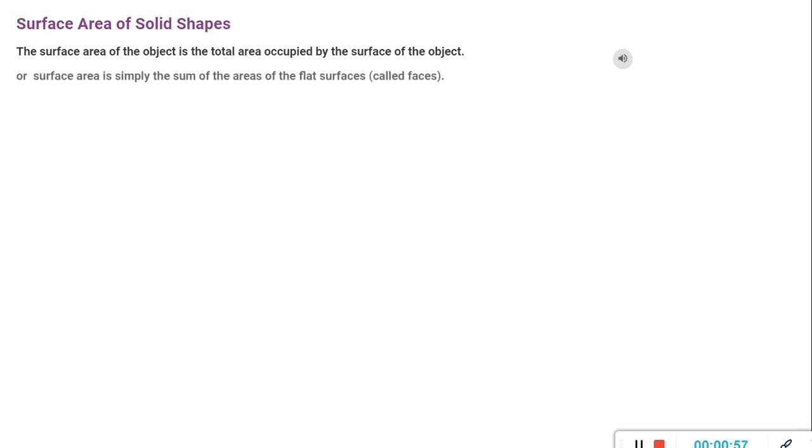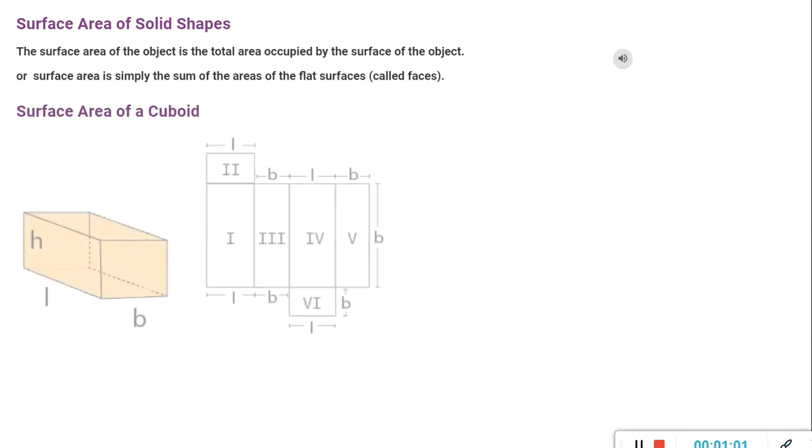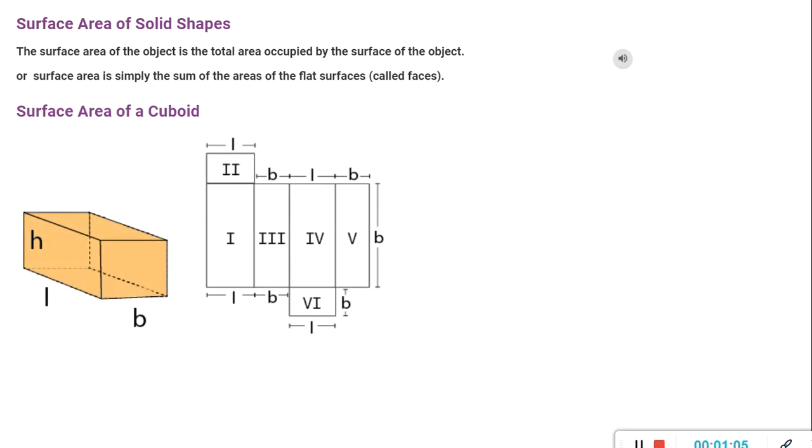First we can take a cuboid. So what is the surface area of a cuboid? How many faces are there in a cuboid? 6 faces are there, right? So each face has the shape of a rectangle or a square. 2 squares are there and 4 rectangles are there. If we multiply and add together the areas of all 6 faces, we will get the total surface area of